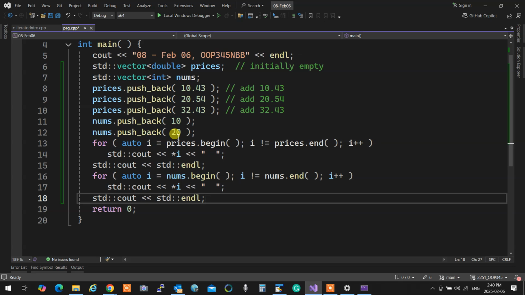Automatically, the second i is an iterator of an integer vector, and they both work.